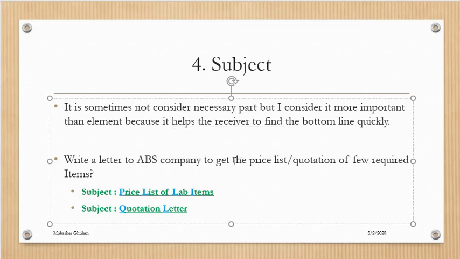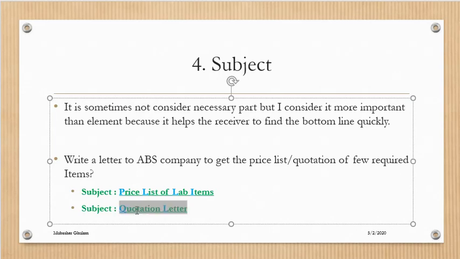To get the price list. Here, when you are writing the subject line, you need not use a complete sentence. A complete sentence is not required, but an understandable phrase which gives almost the sense and meaning, you should use that, like a heading in your subject line. For this purpose you can use "Price List". Now you are making it more specific: "Price List of Lab Items", you can use this one,